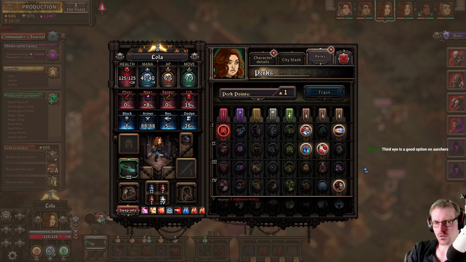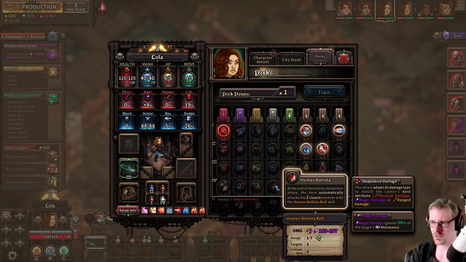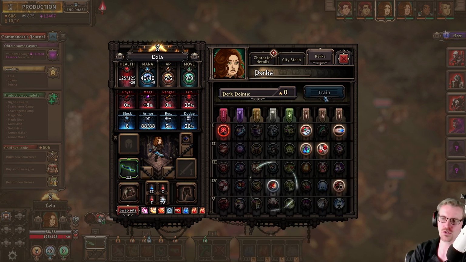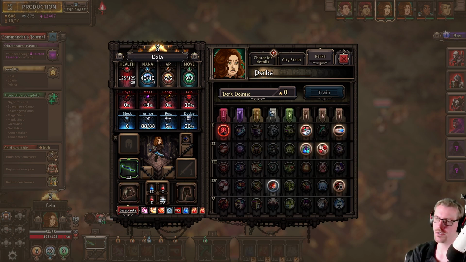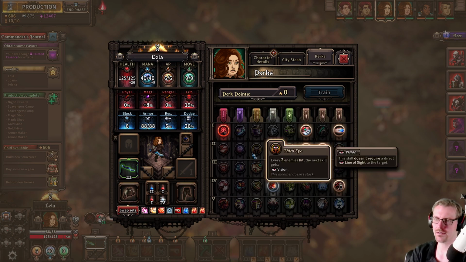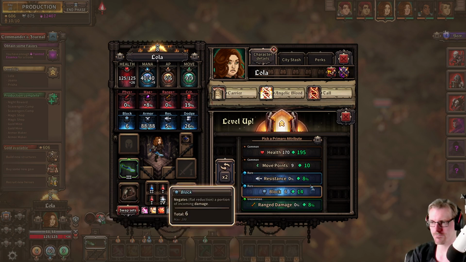Third eye is all good on archers. I feel like you could just get something that's better. Like the vision. It's so rare that it's a problem for me. I can just attack something else. There are situations, but usually we can either clear a path or just attack something else, and then you can get a perk that does something else, you know. Oh, human ballista for you. Support character. Yeah. It triggers every 2 enemies hit. Oh, so maybe that works well with AoE attacks. I hadn't considered that, but